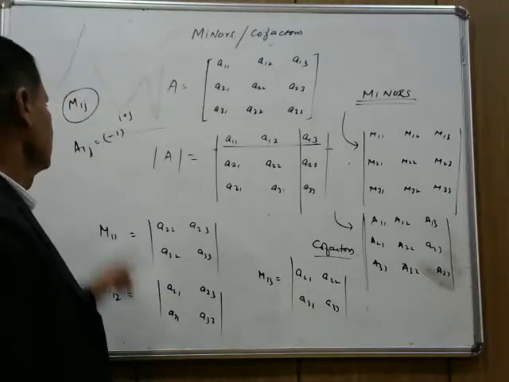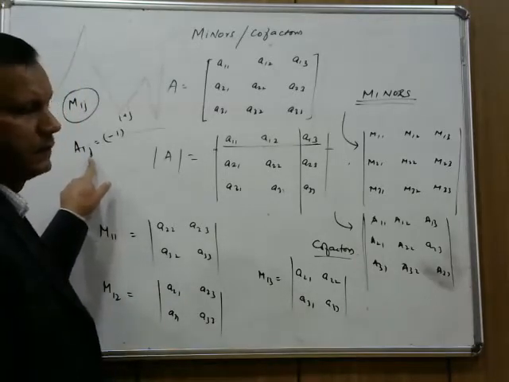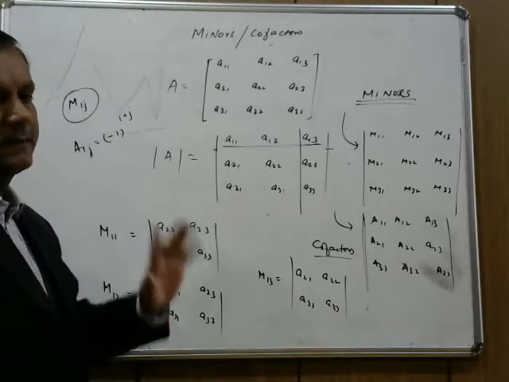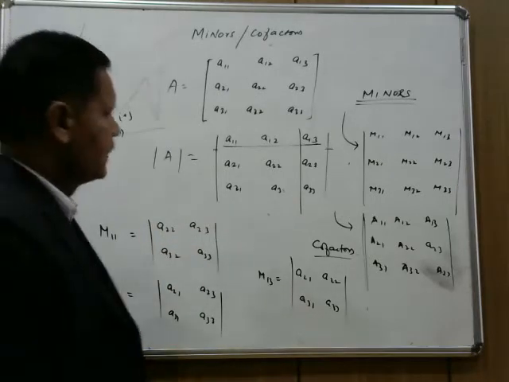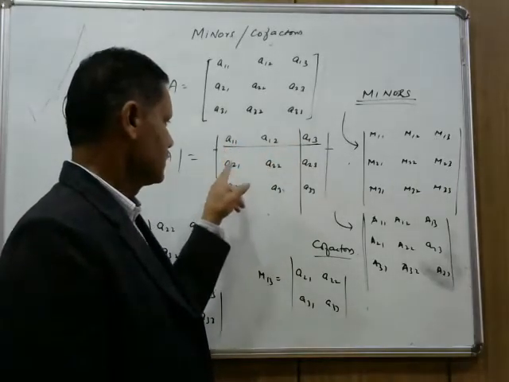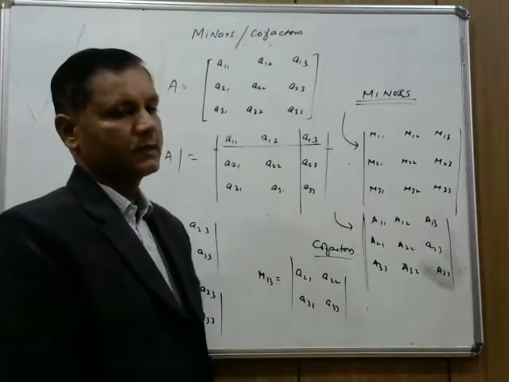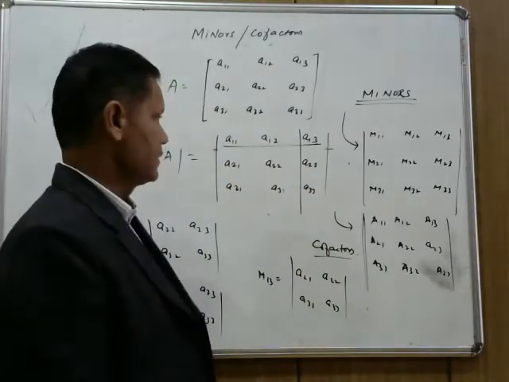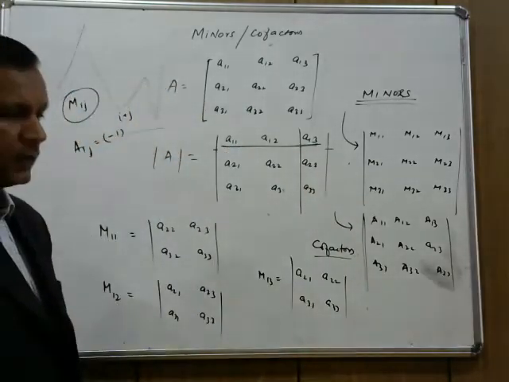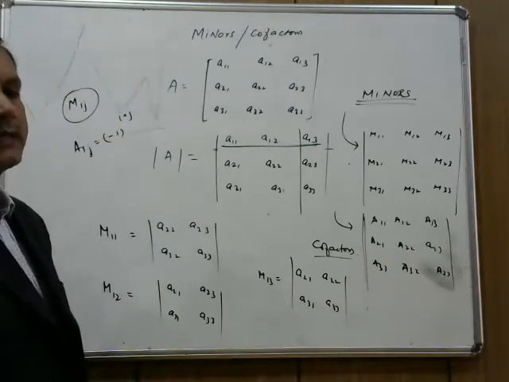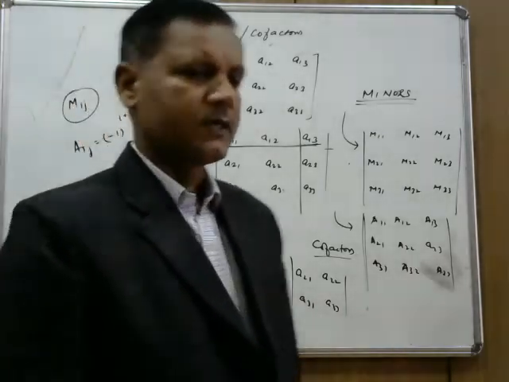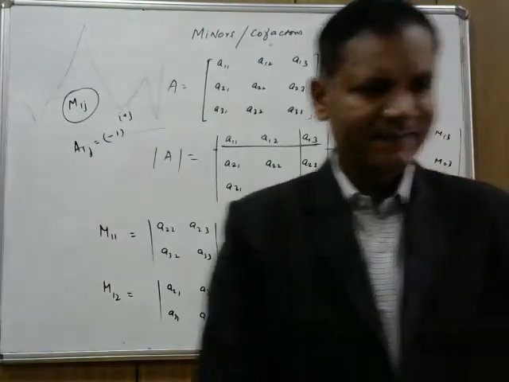Or if the address of the element is even, then the value of the minor and the value of the cofactor will remain the same. Actually, what I am doing, I am writing the sign pattern like this: plus minus plus, minus plus minus, plus minus plus. I have written that in the first or second lesson. That's why while you are changing the sign for the cofactors, you only have to take care of the sign, nothing else. Okay. Now this whole I will be discussing with one example, and that will be fine.